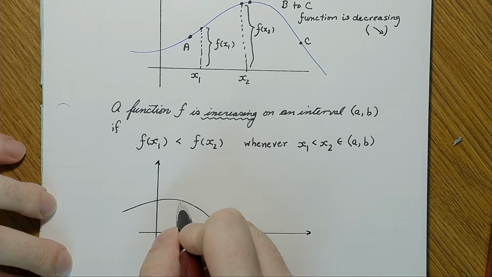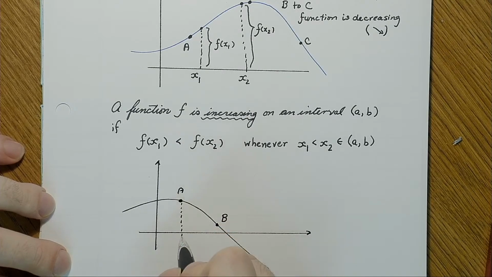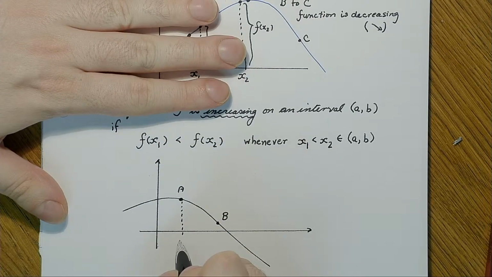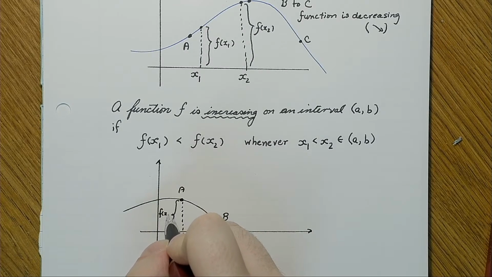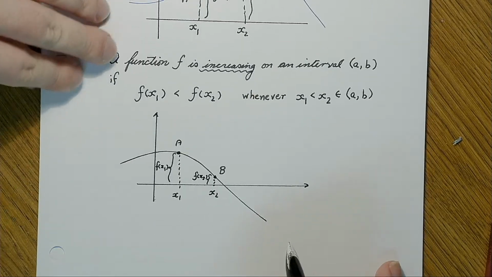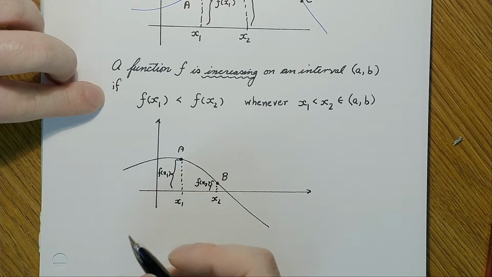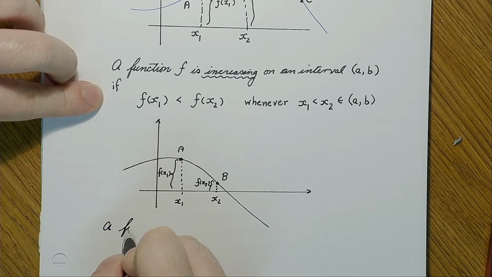And so from here, let's call this another point, A and B. I'll say that this is x1 and here is x2. So that's f at x1, and here is f at x2. We'll use the same idea and just replace those words. We'll have a function is decreasing